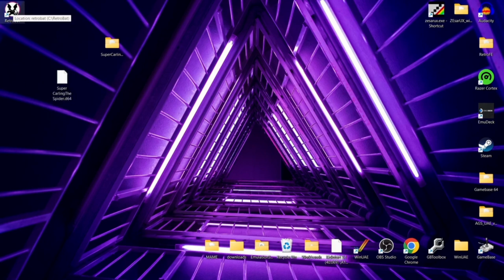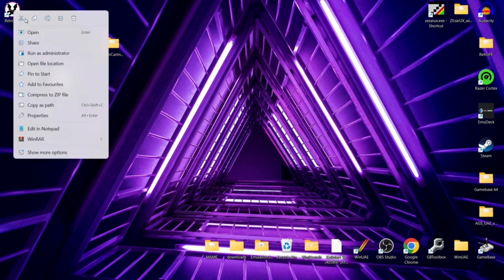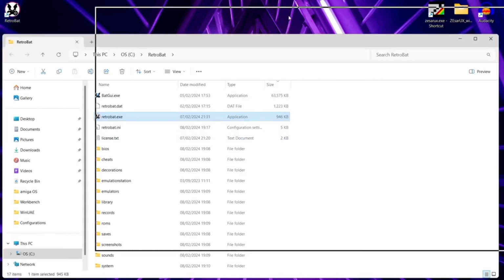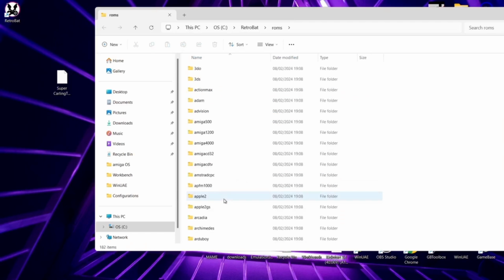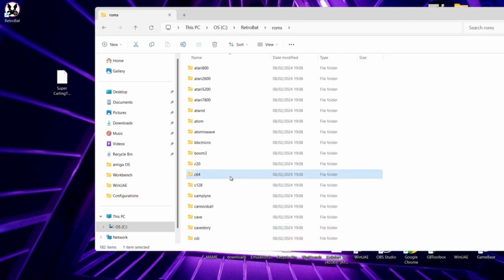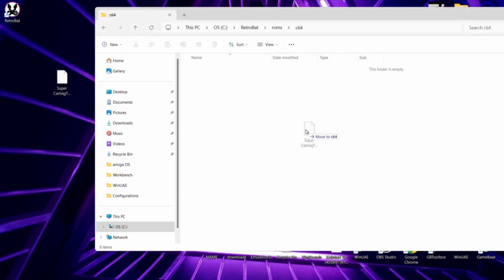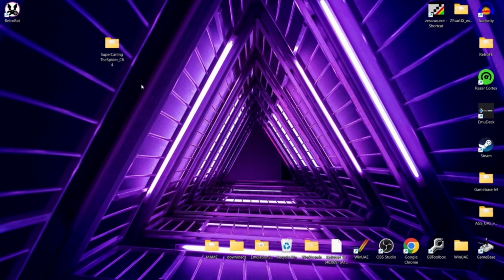So I'm going to add this into my Retrobat ROMs folder by right-clicking on my Retrobat shortcut, open file location, and we're going to put this in the ROMs folder. If I just search for C64, here it is. And I'm going to just pop that inside the C64 ROMs folder. Now, if we open up Retrobat again,